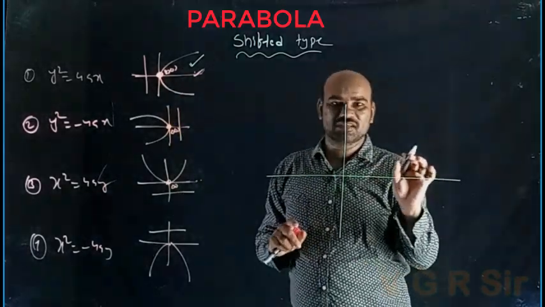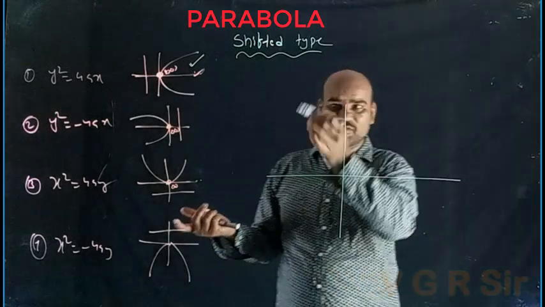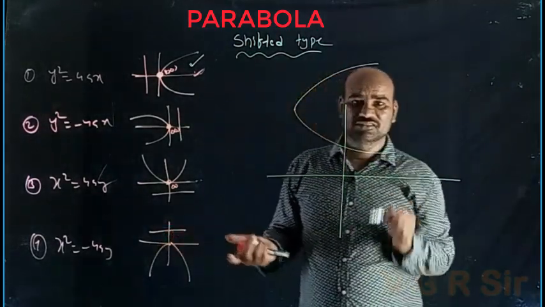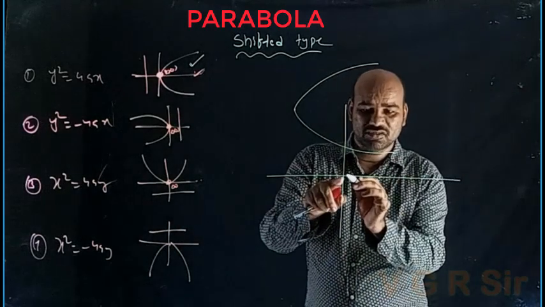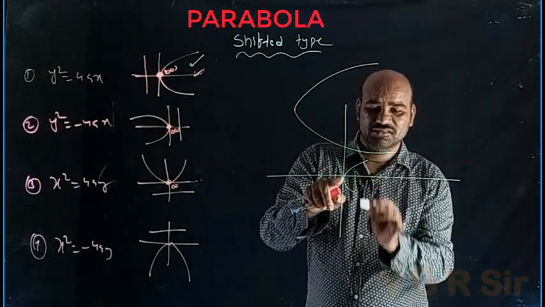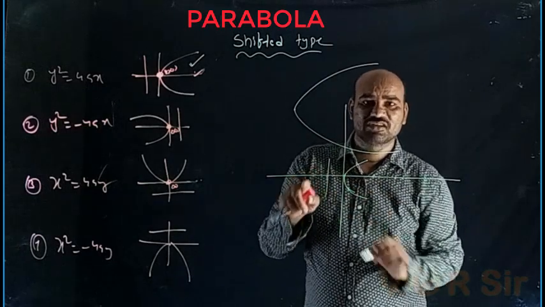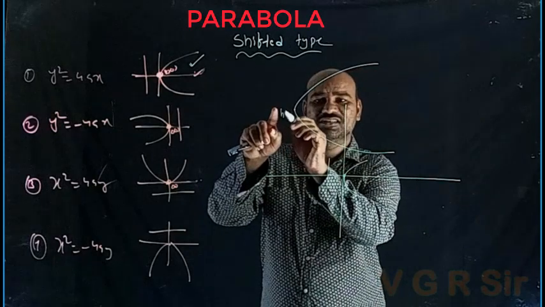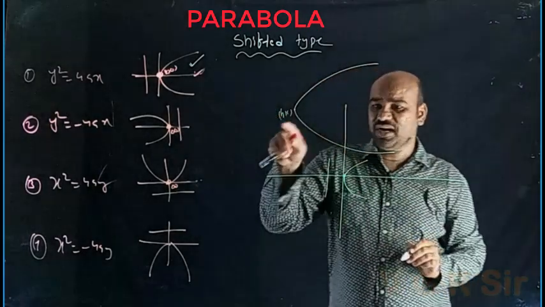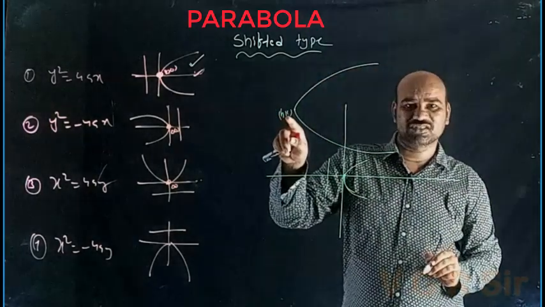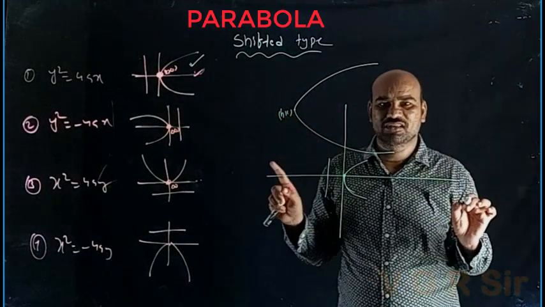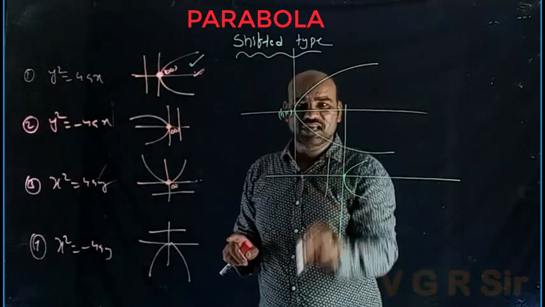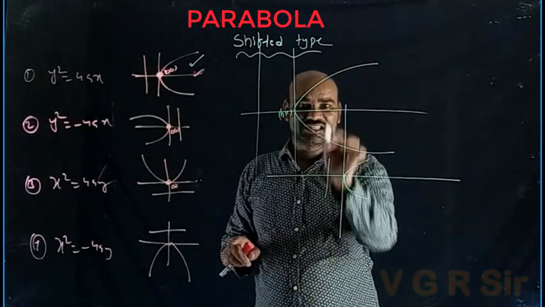H may be positive or negative. For example, here is h, k. So this is the diagram for that. Here is the previous parabola with its directrix, and this vertex is shifted to h, k. In my diagram h is negative and k is positive. Shifted to h, k, this becomes the axis, this will become the tangent, this will become the directrix, and this will become the focus.